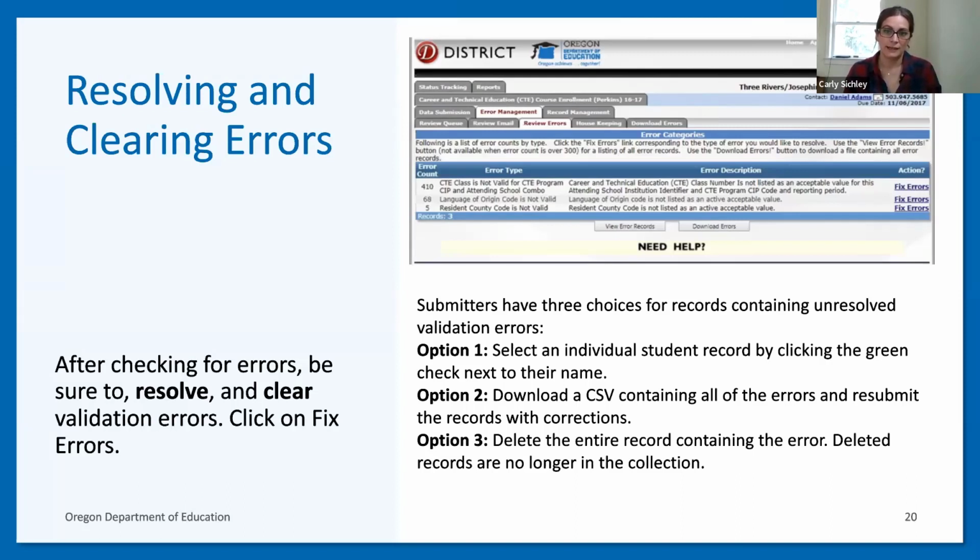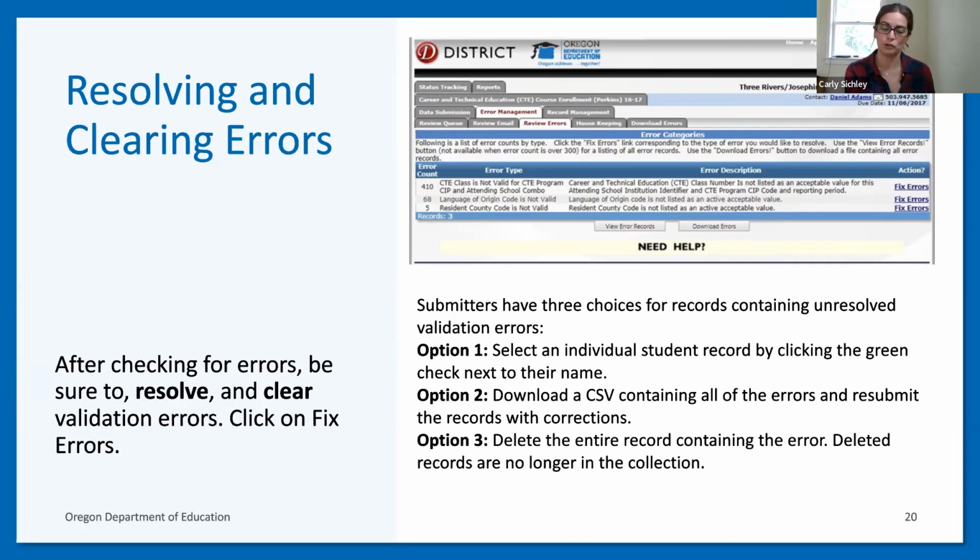Or you can delete the file. You could do the housekeeping option that's also there in the tabs. That gets rid of the file that was uploaded. It does not get rid of the records that were successfully posted. So if you wanted to get rid of stuff that way, you could do it, but you would not want to resubmit anything to us that was a posted record. Otherwise, you might end up with new errors because you now have duplicate records being submitted.